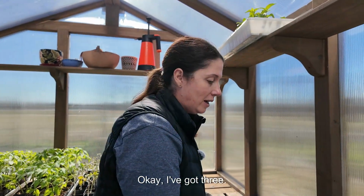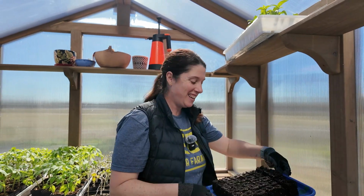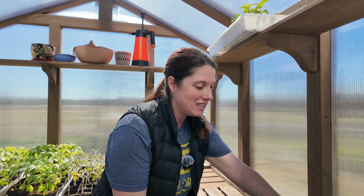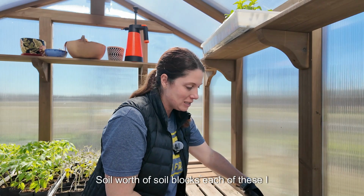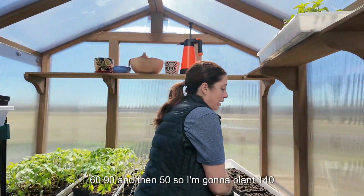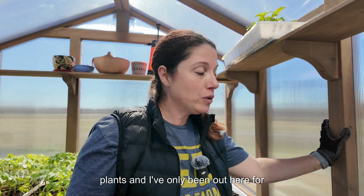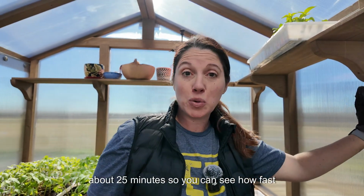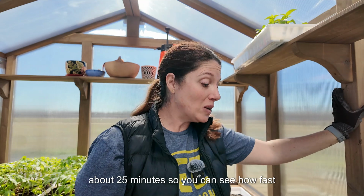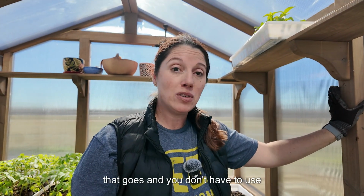Okay, I've got 3 lunch trays worth of soil blocks. Each of these I have 6 rows of 5, so that's 30, 60, 90, and then 50. So I'm going to plant 140 plants, and I've only been out here for about 25 minutes. So you can see how fast that goes,